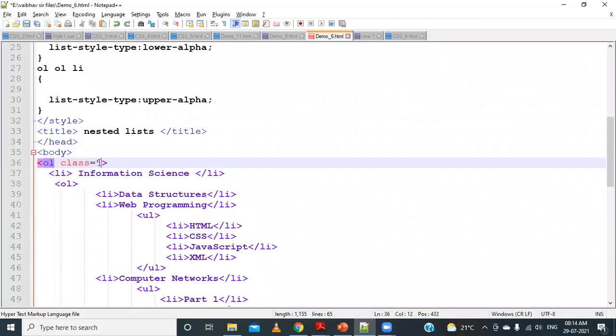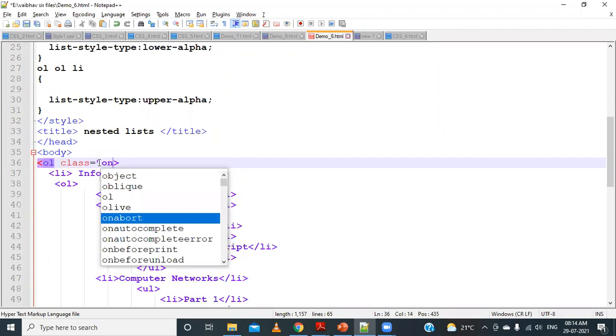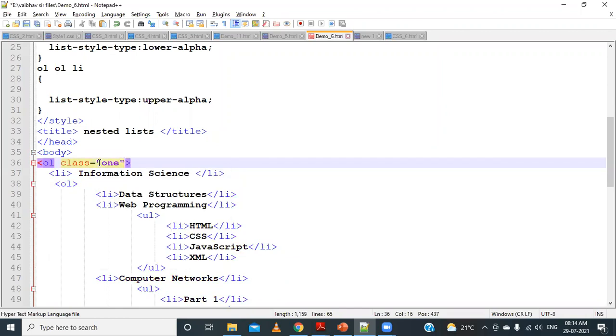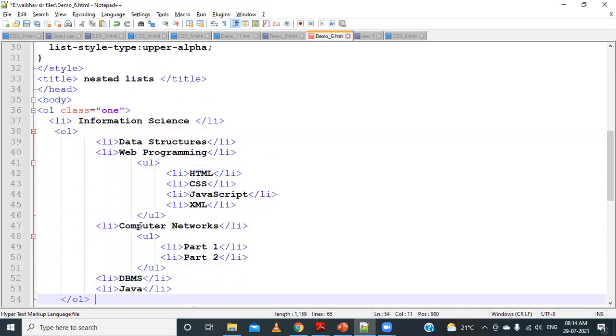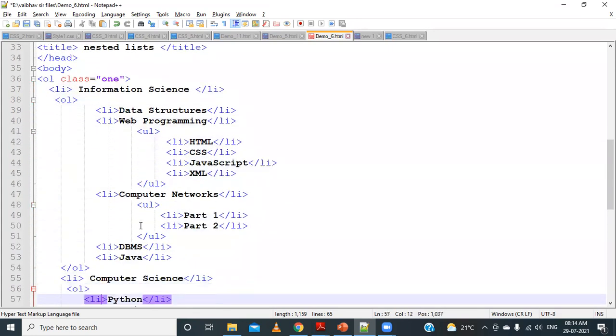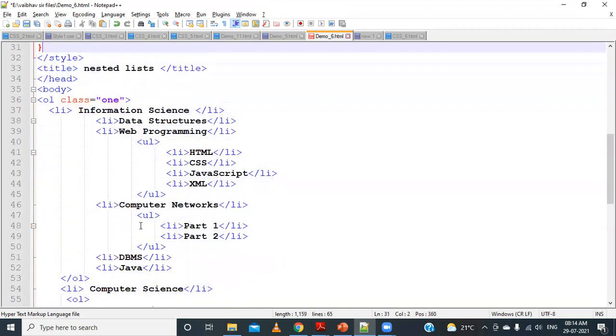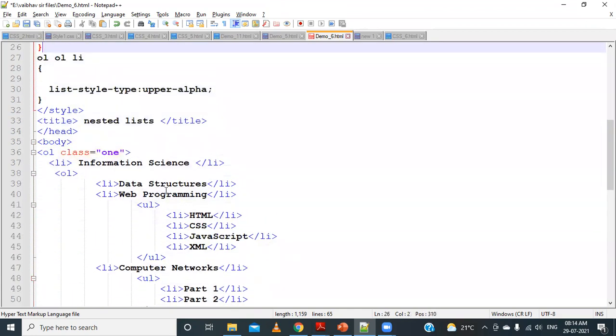So I will say class 1. What is my class 1? It is lower Roman. So it will be applied for information science and for computer science. And for the other list items, like data structures and web programming, this particular property will be applied.